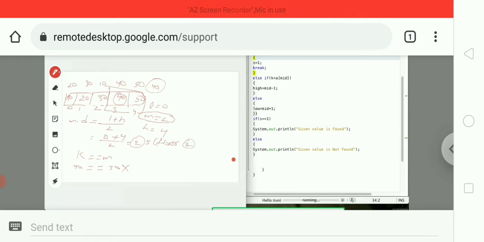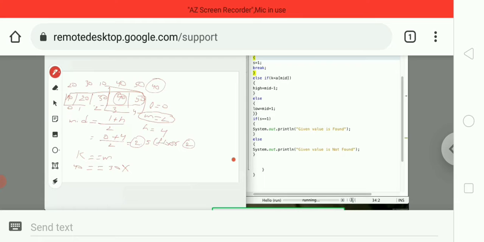So compared to 30, 40 is greater than 30. So that's why we have to check the remaining values in the right side only, because 40 is greater and the remaining greater elements will be on the right side only, not on the left side. If the element is smaller, then we have to check the left side, because the remaining elements are smaller than 30. But here 40 is greater, so we have to check the remaining elements on the right side only. So we no need to check the left side. So here half of the time is saved for us.